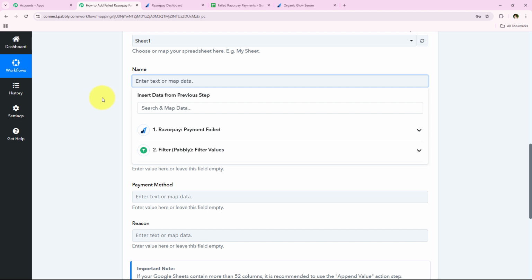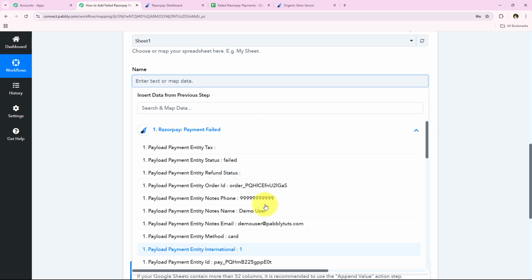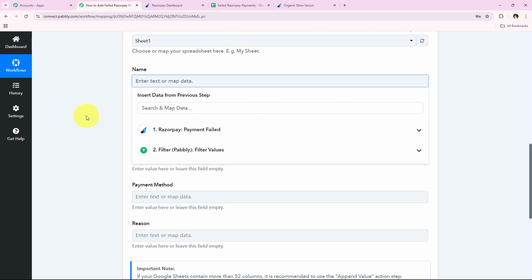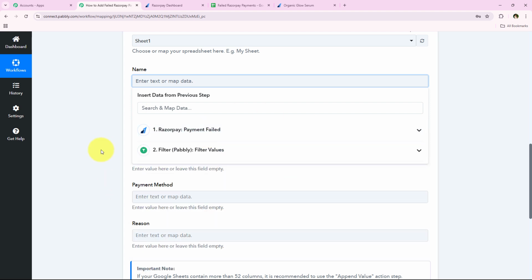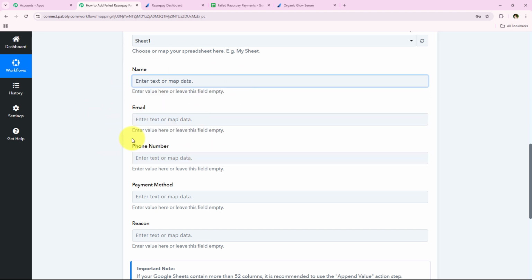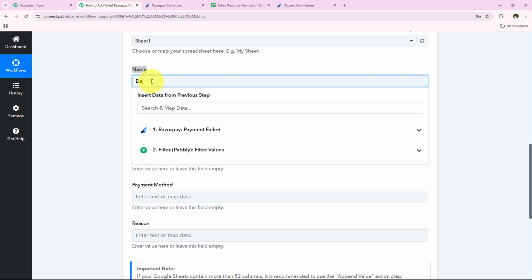Mapping is a method by Pabbly which means inserting the data from the previous step. And as you know, our previous step was the trigger step, where we selected Razorpay as the trigger application. So we're going to map the details from the response of our trigger application, which is Razorpay, right over here only. And as soon as we map these details, automatically my details will turn dynamic and change with every new response received. So over here I'm going to give you an example. It is asking me for the name. So let's suppose I enter the name right over here by manually typing it like this. Then this will not change with every new response received,